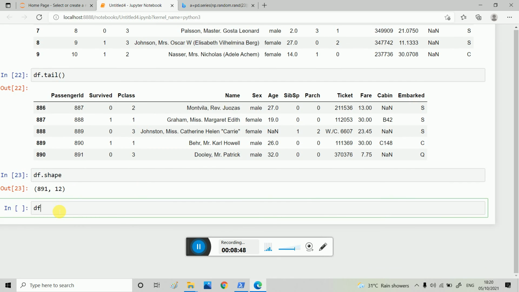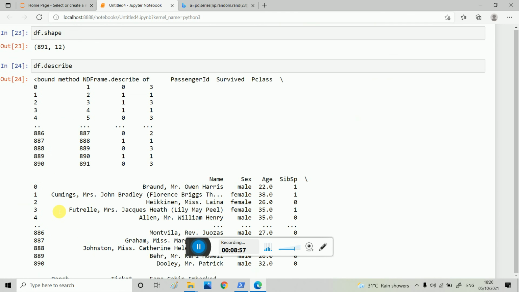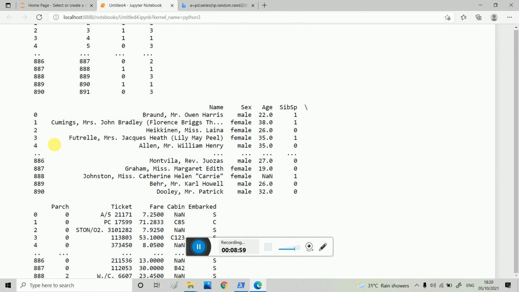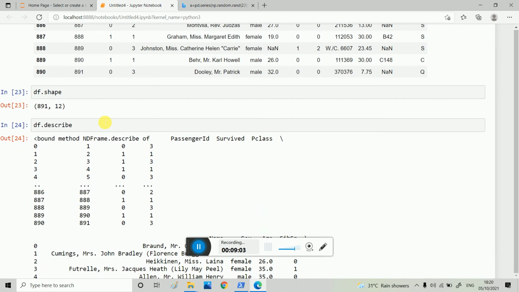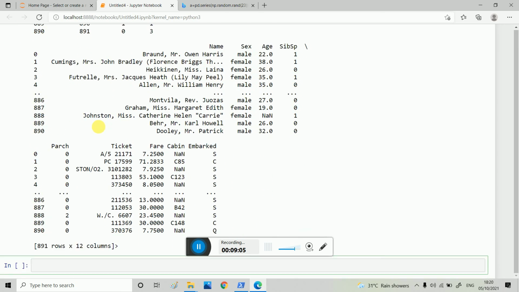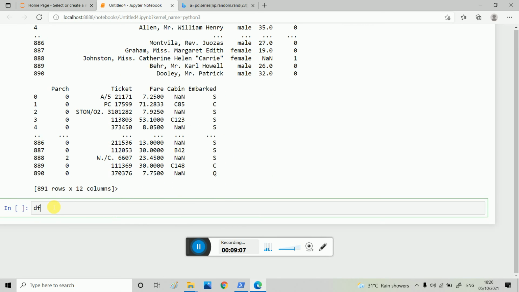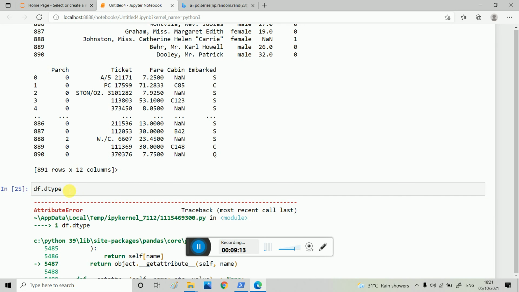And now I write df.describe. This will describe all about the data, how the data actually is. If you want the types, df.dtypes, I have to write dtypes.